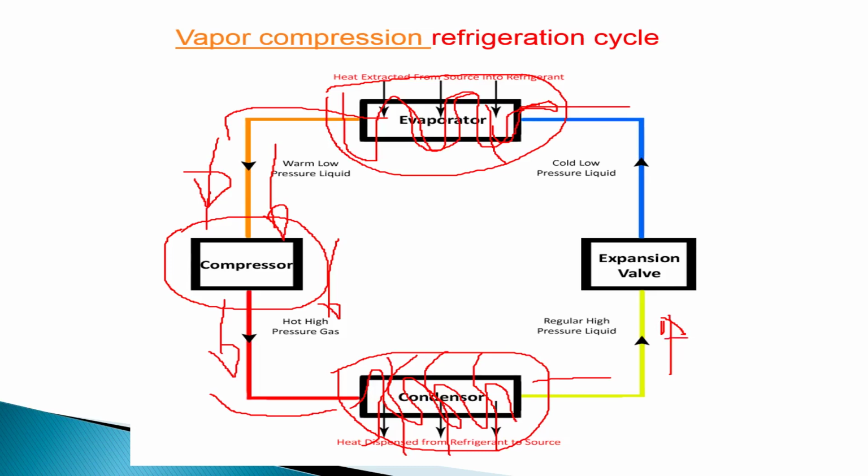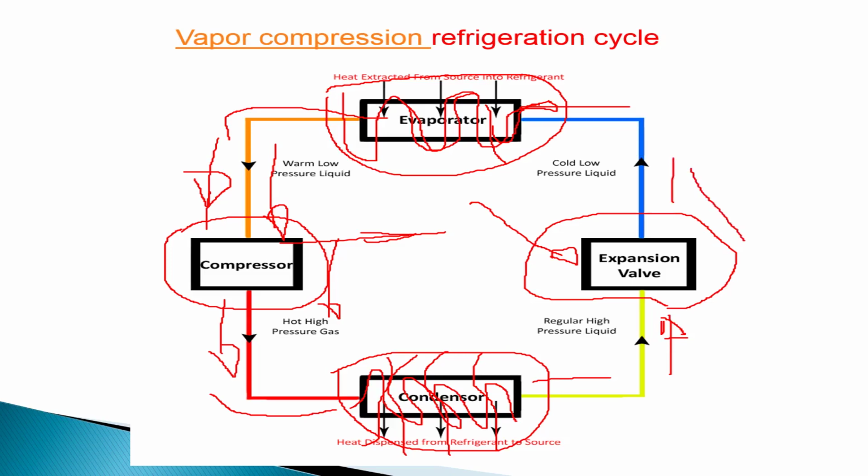Then that is taken into an expansion valve or a throttling valve. Here what happens is exactly the reverse of compression. In compression, we compress, raise the pressure, raise the temperature. Reverse of that takes place here. In the expansion valve, we expand it, reduce the volume, reduce the pressure, thereby reducing the temperature. It comes out as a low temperature, low pressure liquid, shown in blue color. Again it continues, the next cycle starts.